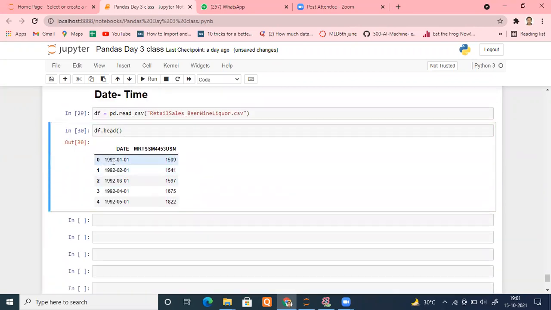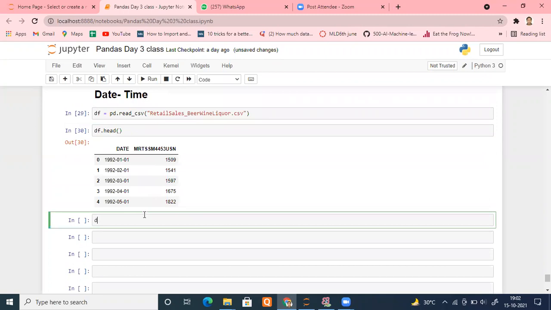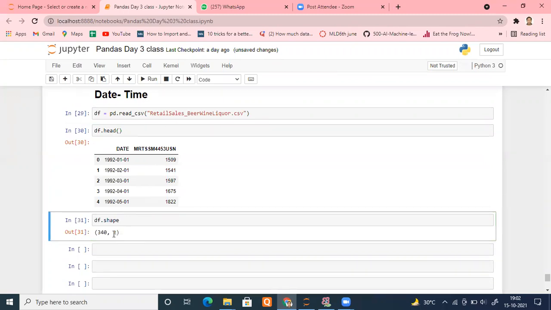And you can see immediately date appears here. And if you want to know further information of this, I can do df.shape. So I came to know there are 340 rows and 2 columns. One is date, one is sales. For example, this is a data set of beer and wine: how much sales happened on this day, how much the sales was in US dollars.